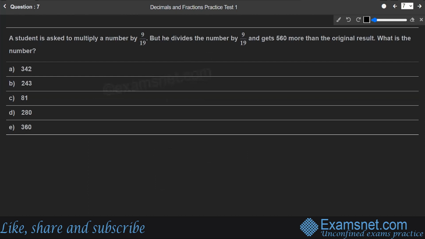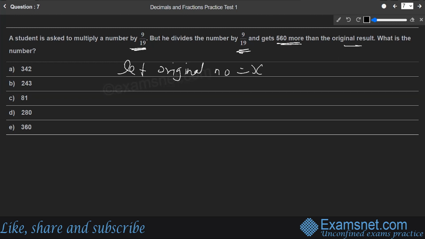Now, a student is asked to multiply a number by 9 by 19, but he divides the number by 9 by 19 and gets 560 more than the original result. So, in these types of questions, we assume the original result first, and then we keep on applying the conditions that are given to us, and then equate the final result to what is given to us and generate an expression out of it. Okay, so let us begin by assuming that the original number